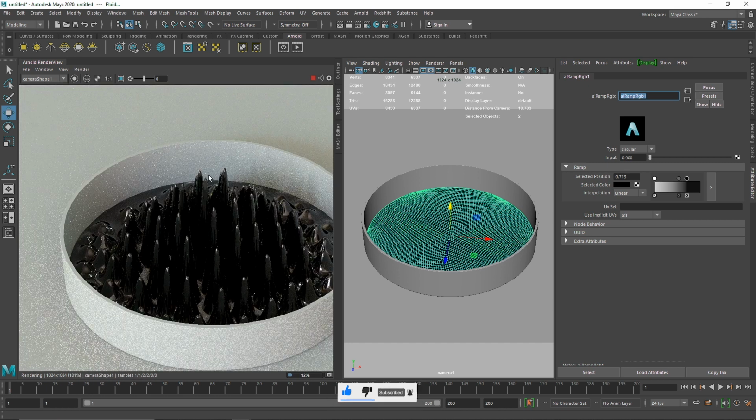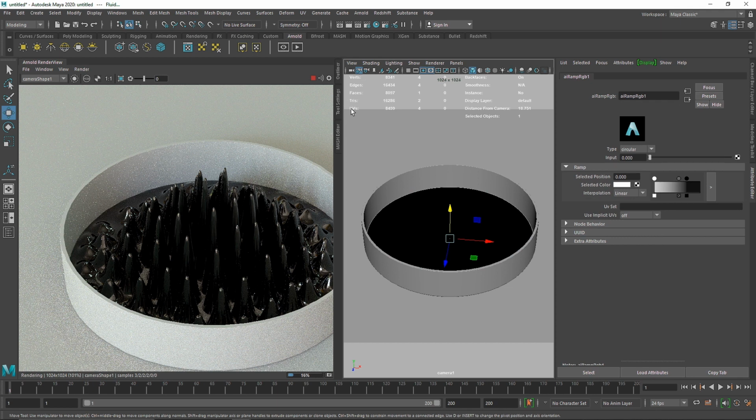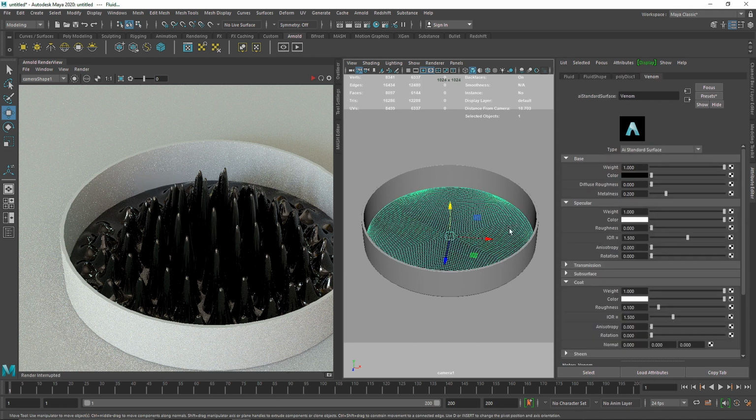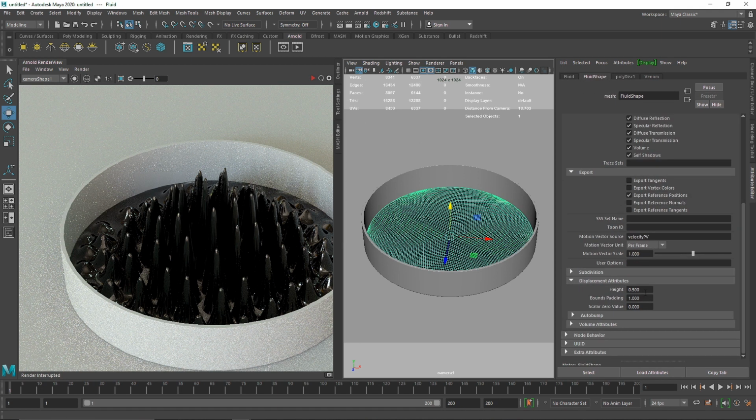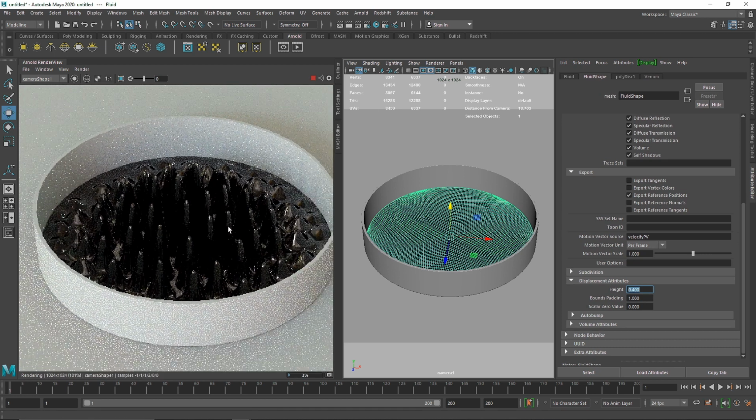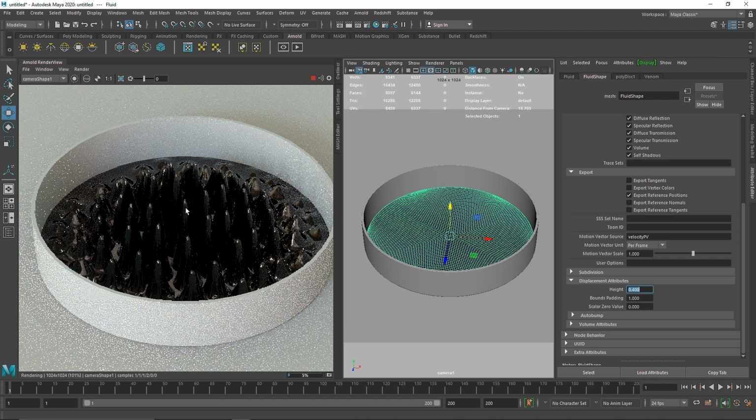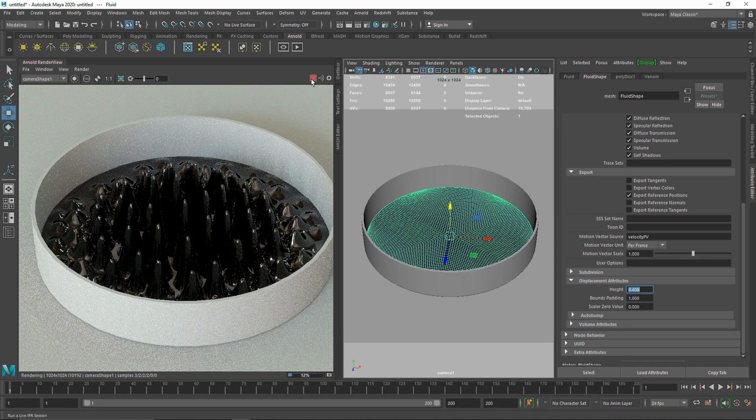So if you think the overall effect is a bit too drastic, you can do a couple of things. Either you can change the overall color of this to something like a mid gray, or you can go back, select your primitive here, go to fluid shape and make this something like 0.4, and now you have less spiky things going on. So this is how you can create a procedural looking fluid kind of thing.